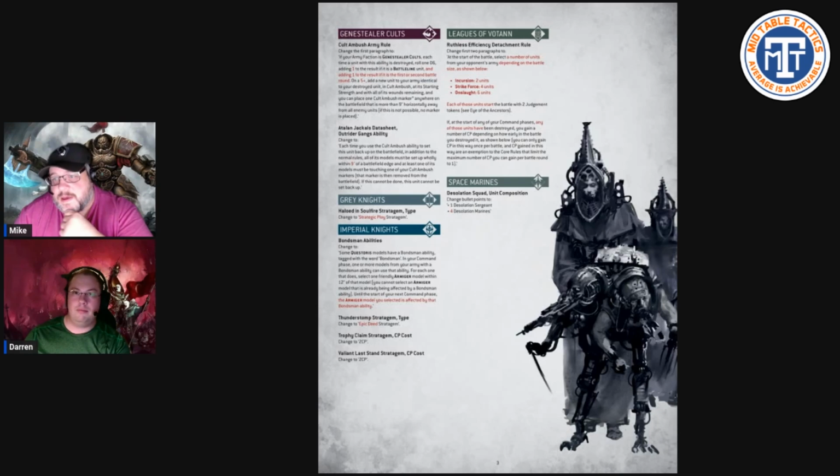Yep. So Imperial Knights. Alrighty. So we've added a little bit to the Bondsman ability, and until the start of the next command phase, the armiger model you selected is affected by that Bondsman ability. I guess this is to head off giving Bondsman ability to the big boys, or any other model other than an armiger. So there's that, and then